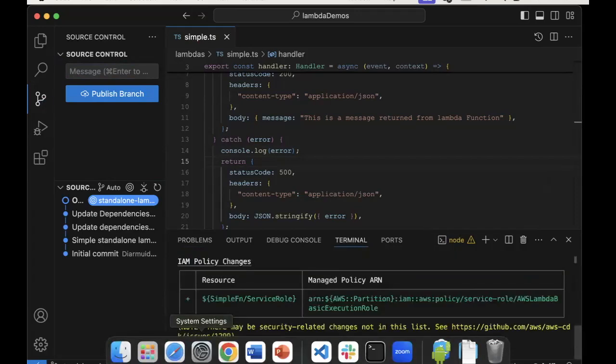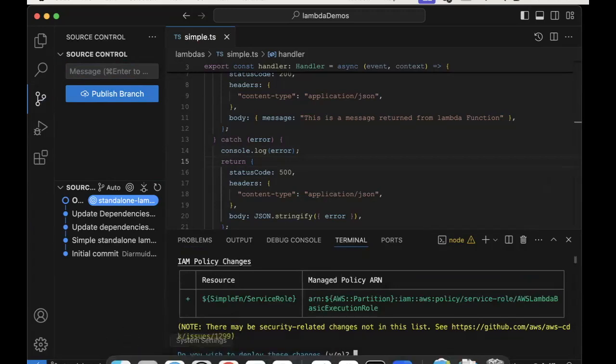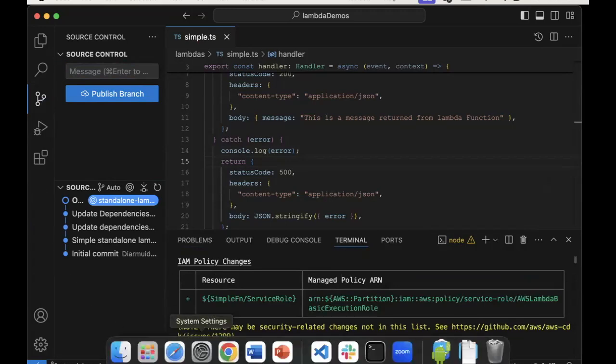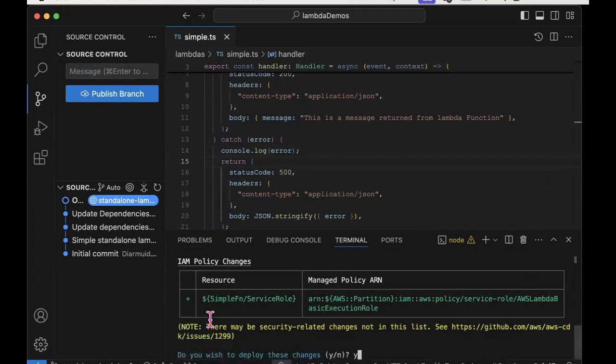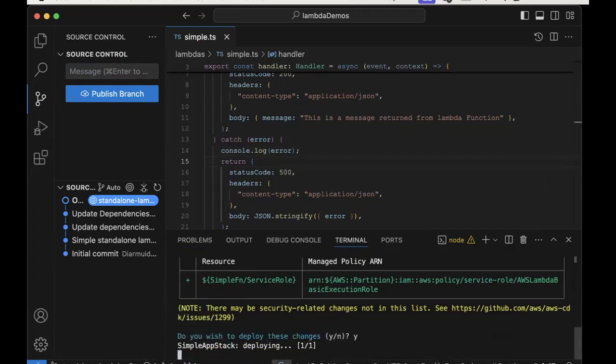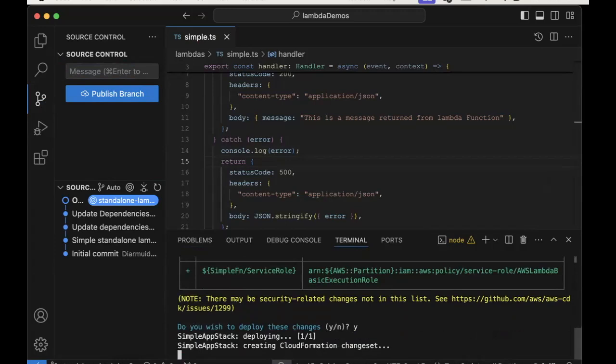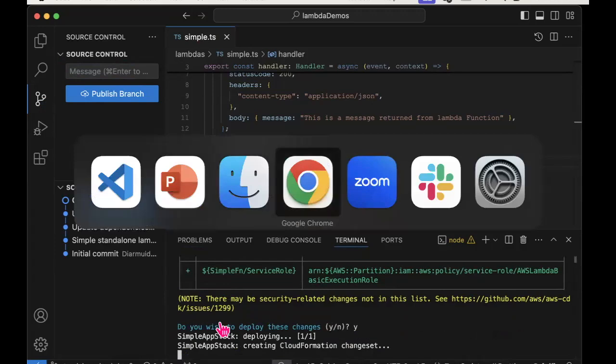Same process is happening now behind the scenes, and the CDK framework is creating the CloudFormation template. And as it works its way through, it should be quite quick in this case.